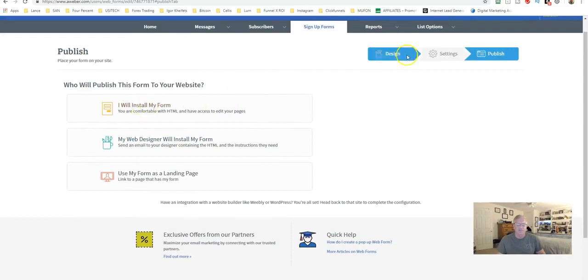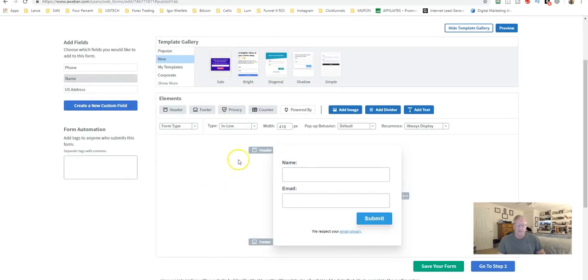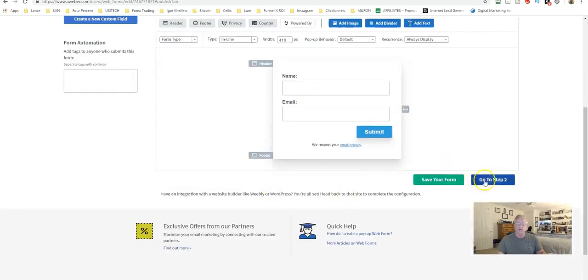I would create the form right here, and just a simple form. Now, this is a simple form, but it works for your list. I created one for a first name and email that was going to be integrated with a capture page, such as using ClickFunnels or Lead Pages, a capture page builder, something like that you could use, or with your opportunity that allows Aweber integration. So you would do that, and then you would just keep taking it over all the way through.